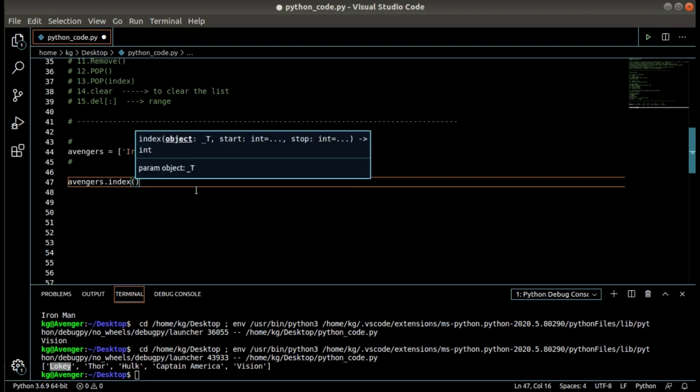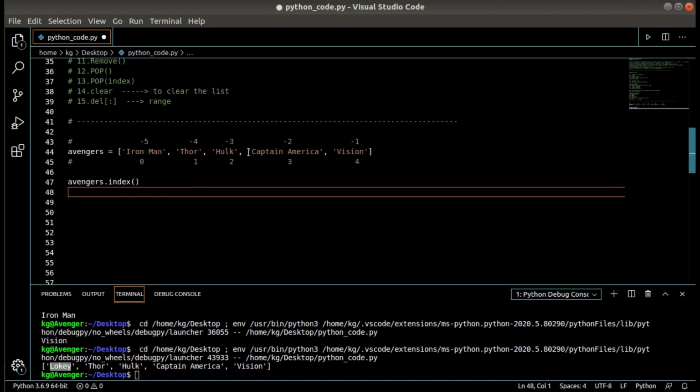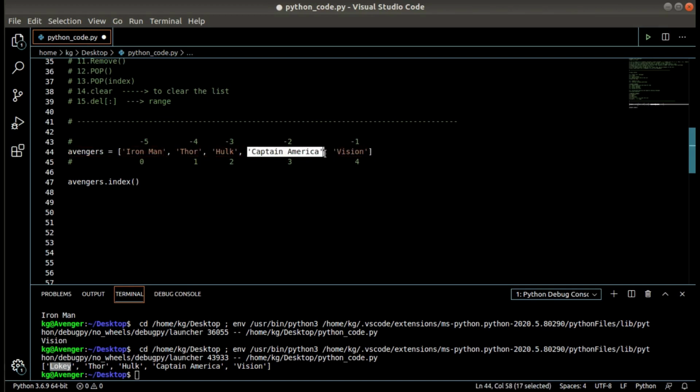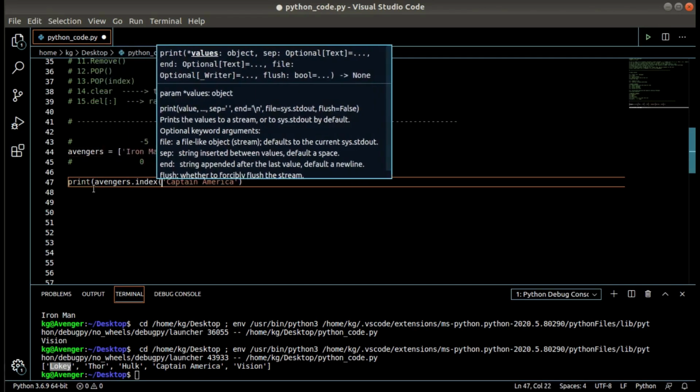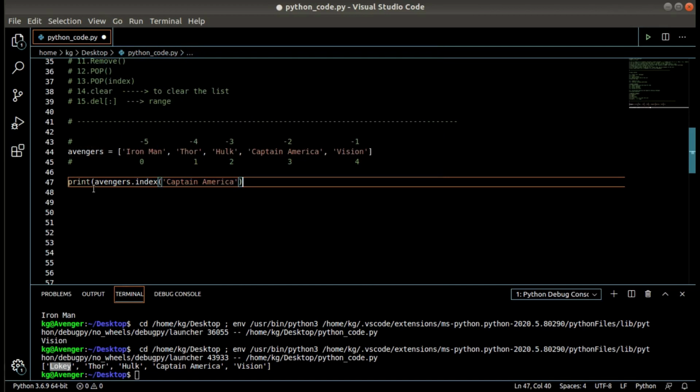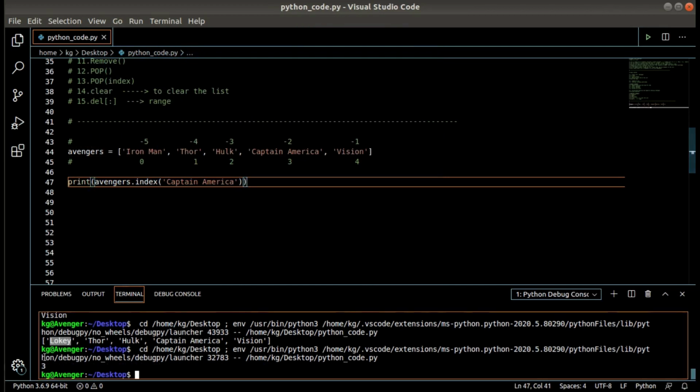Inside the parentheses we have to write the item name, copy, paste. Printing out the value. See, I am getting the index of 3 over here.